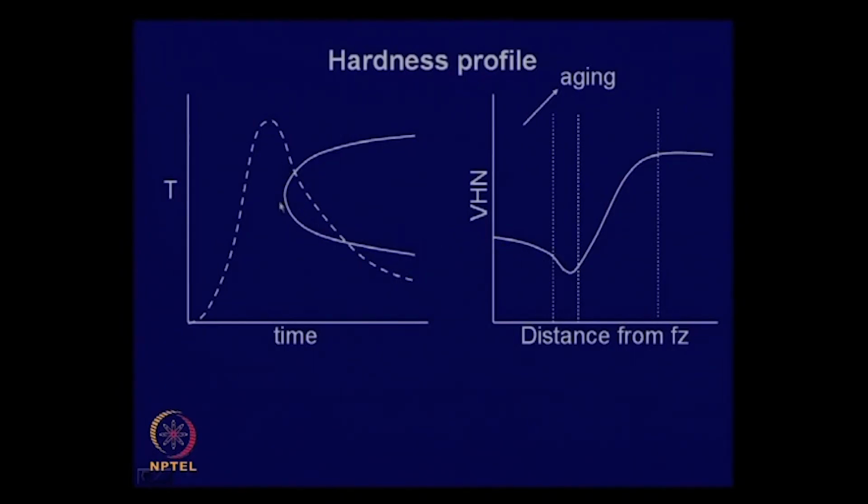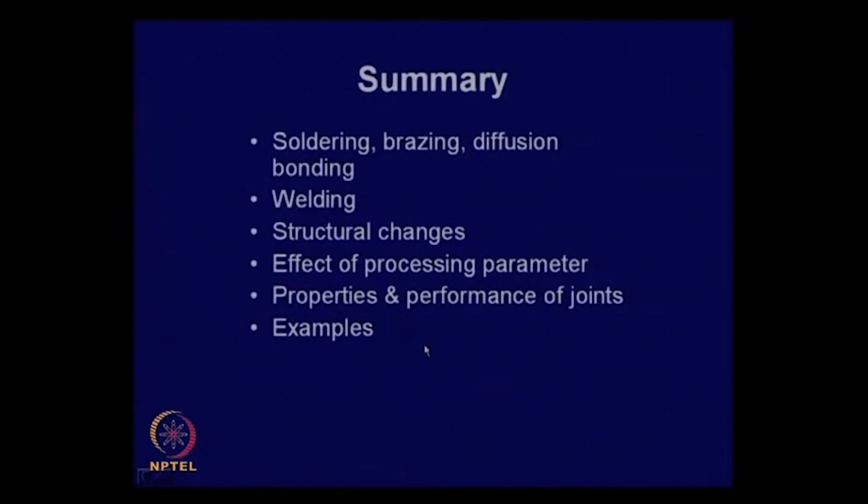Suppose a part of the zone has formed a supersaturated solid solution, and during the subsequent cooling it can get some amount of natural aging. So, therefore, the hardness can also go up here. So, this is the distance from the fusion zone. So, in short, what we have learnt here is that